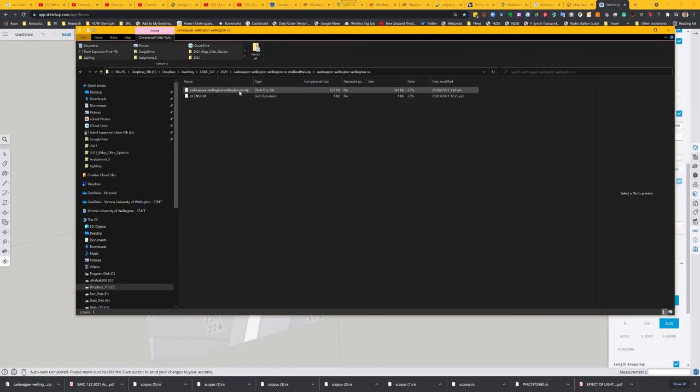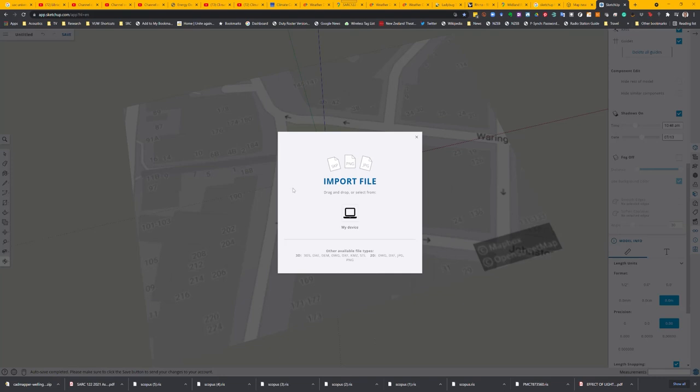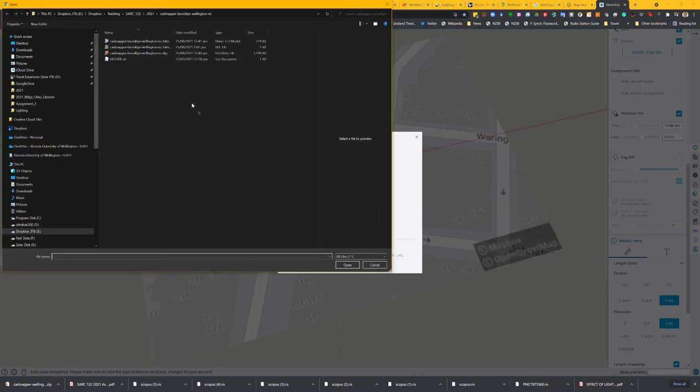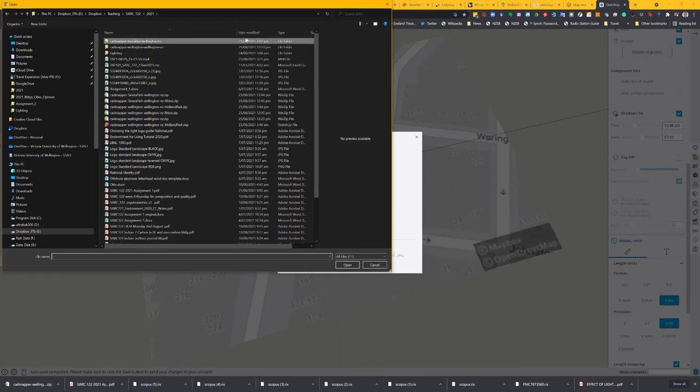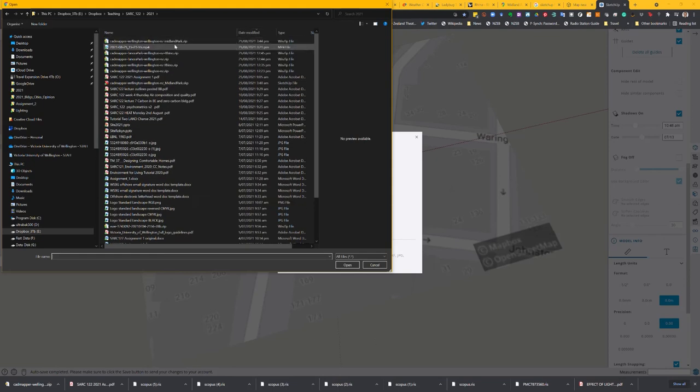Open the folder that's in there, and there's the SketchUp file that I want to copy into my directory. Now back in SketchUp, I can go to Import, I'll get that again, Import from my device. I could drag and drop it, or I could go to my 2021 folder, find the most recent file,